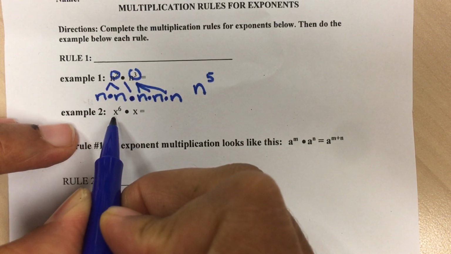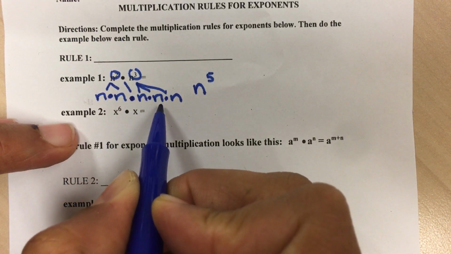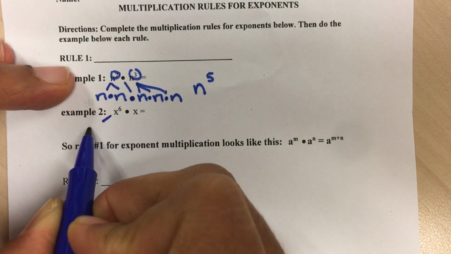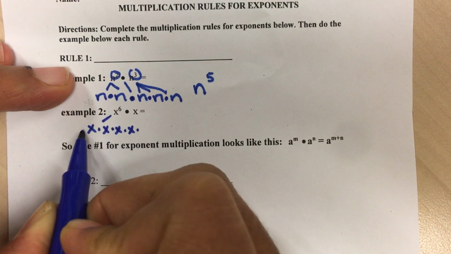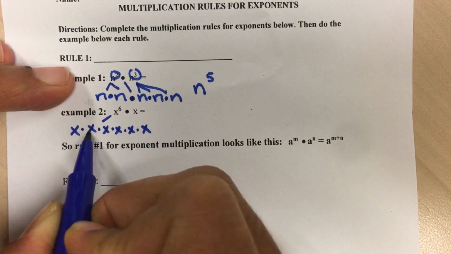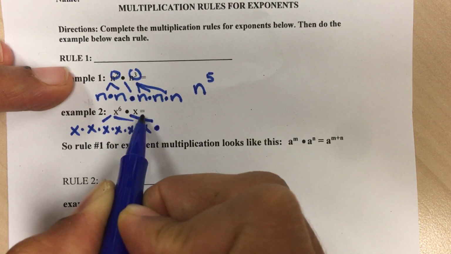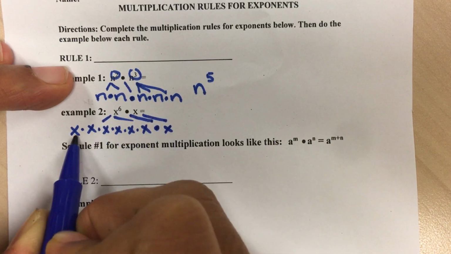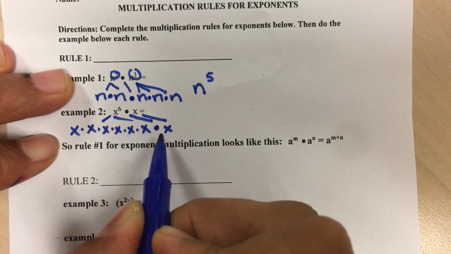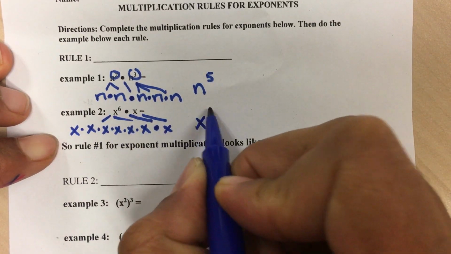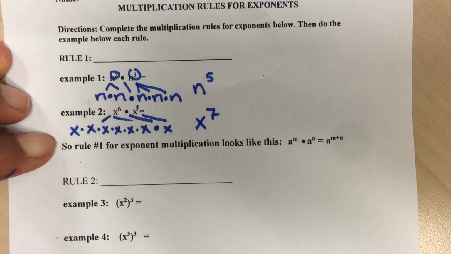We've got x to the power of 6 times x. Now this is a very common mistake people make. They just wanted to call it x to the power of 6 again, but that is not what it is. Let's expand it out and see. We've got x times x, 1, 2, 3, 4, 5, 6. That's what that means. Then I've got this times right here, and then I've got another x. So in all, how many powers of x are being multiplied? 1, 2, 3, 4, 5, 6, 7. 7 powers of x. So if you put your invisible power of 1 up here,